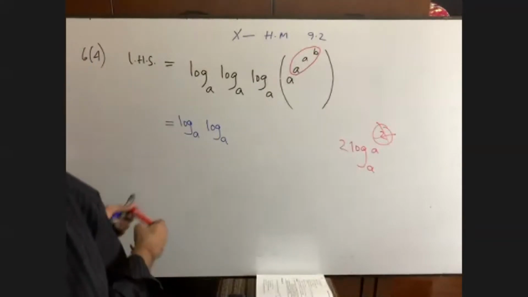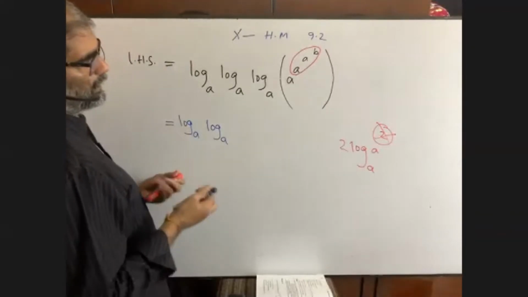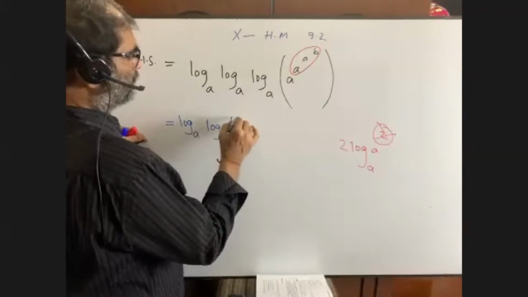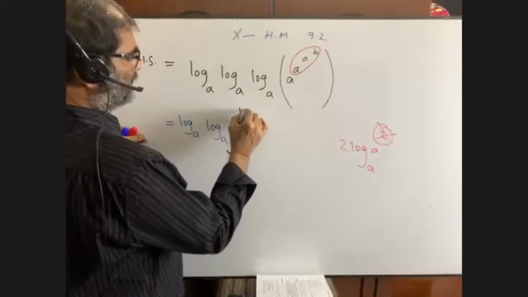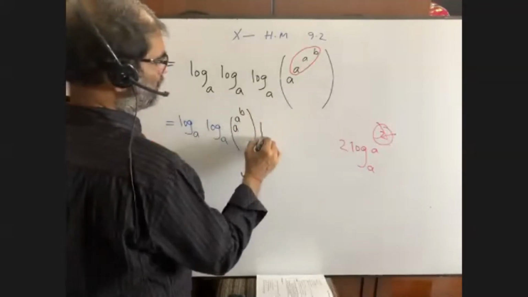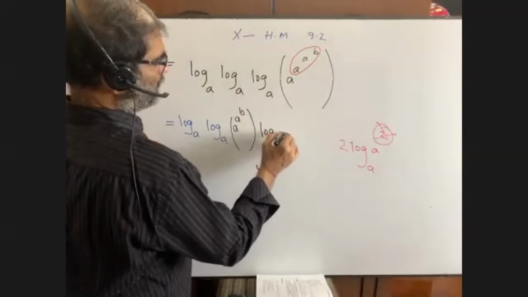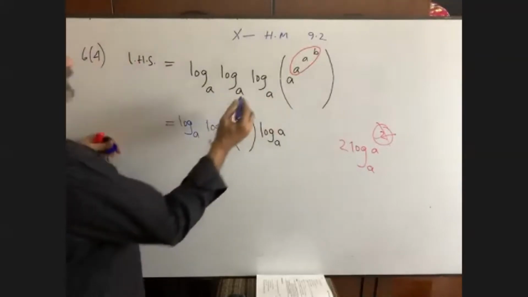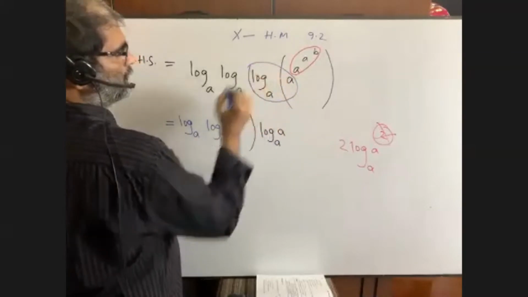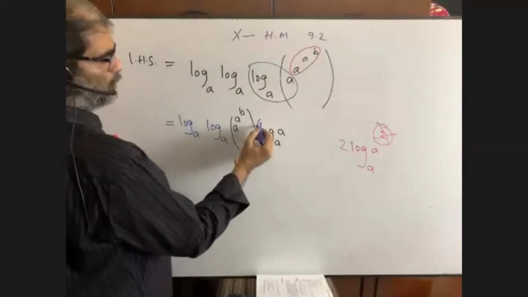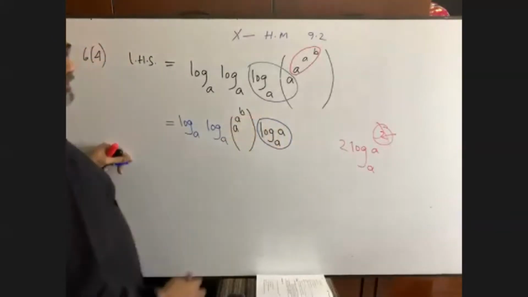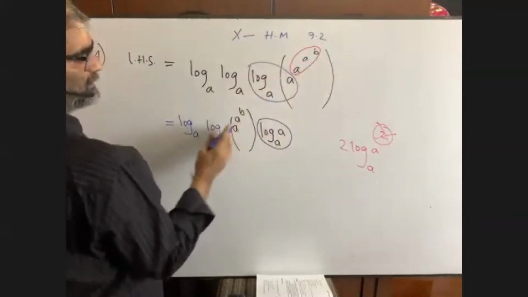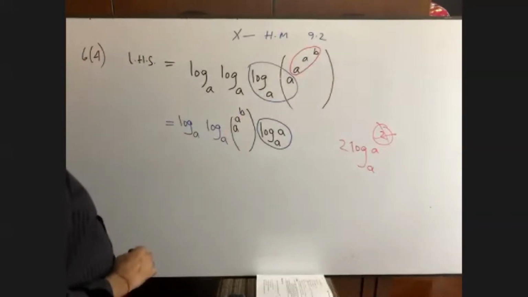So here, what is the power? Can you please let me know what is the power here? A, B. So the power is A, B. Then it is log A base A. Please talk to me. What have I done here? I am going to show it again. You see, this is log A base A. I have written that log A base A. Please try to understand. It is power B, so that has become the coefficient B. Have you got it?